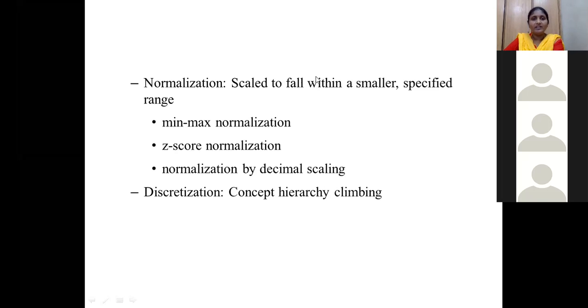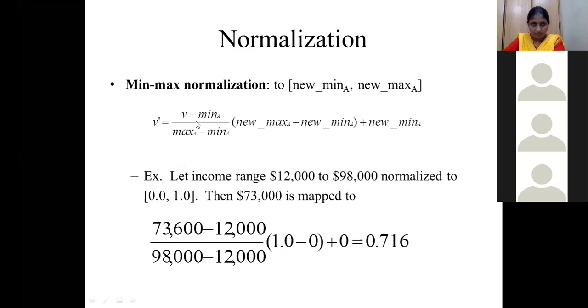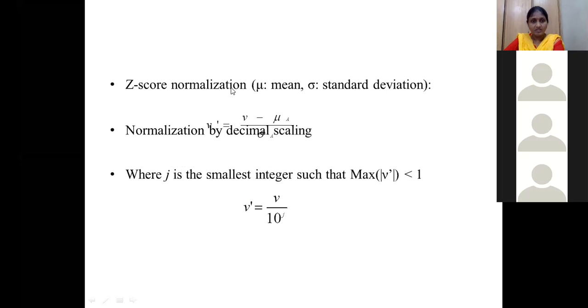So whatever the data values we are having for a particular attribute, for that particular data attribute values, we are going to take them into some set of range of values. The set of range may be 0 to 1, either 0 to 1 or -1 to 1. We are having three different formulas for this: min-max normalization, Z-score normalization, and normalization by decimal scaling. So with this, I am concluding. So are you